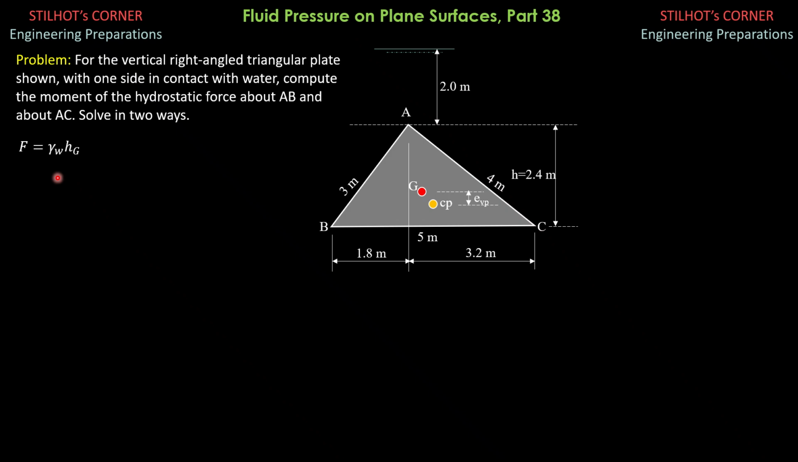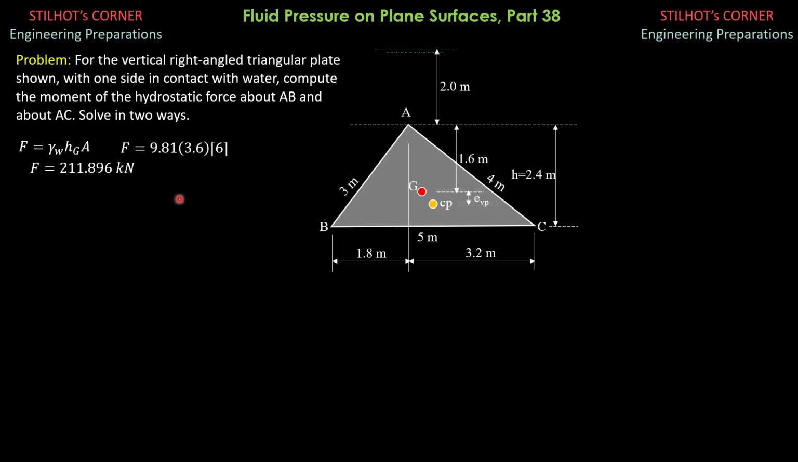So F is the specific weight of water times Hg times area, where Hg is 2 plus 2/3 of 2.4, which is 1.6. So that means Hg is 3.6, 2 plus 1.6. The area of the triangle is 1/2 of 3 times 4, so it is 6. So 9.81 times 3.6 times 6, F is 211.896 kilonewtons. Then for the value of EHP and EVP,